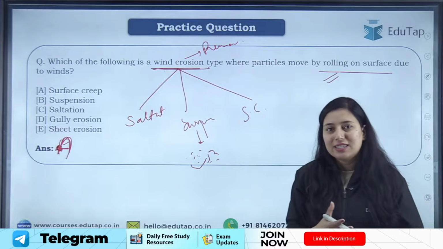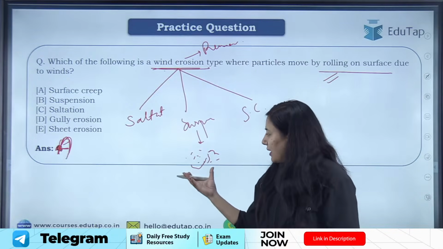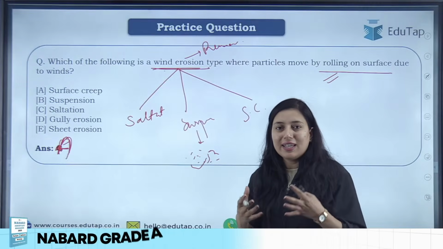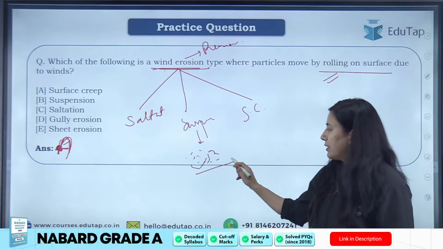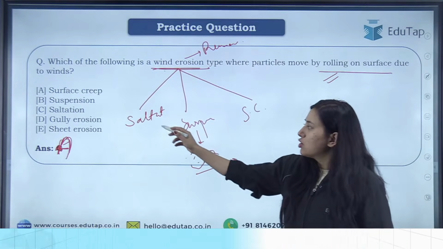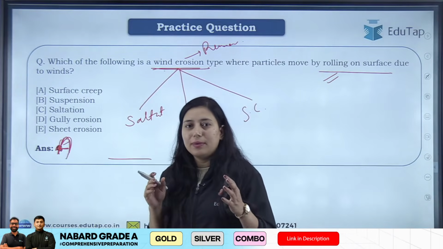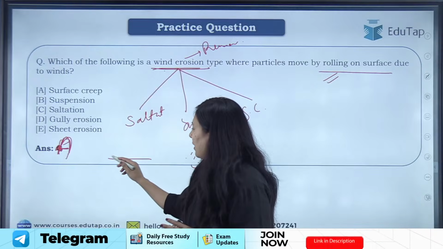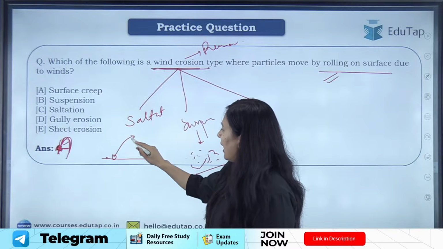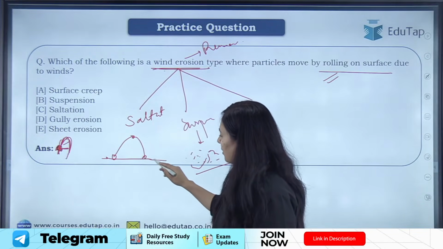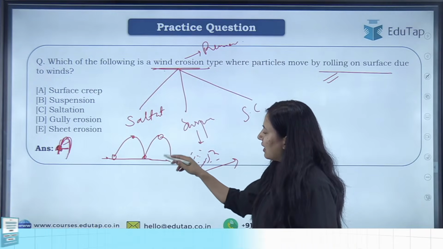ठीक है, when there is a high wind velocity, so with that wind, the soil particle which are very lighter in weight get suspended in air and then get carried from one place to another place. That is suspension. Saltation क्या होगा कि जो suspension से भारी particle है which cannot remain suspended in the air, when the wind will hit the soil particle, they will move vertical and then they again bounce back, then they will again get picked up by wind and they bounce back. इस तरीके से जो होता है that is